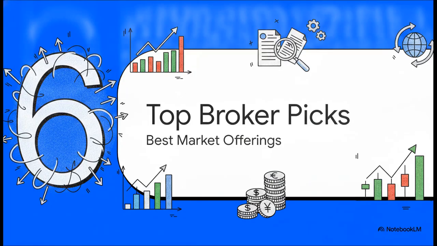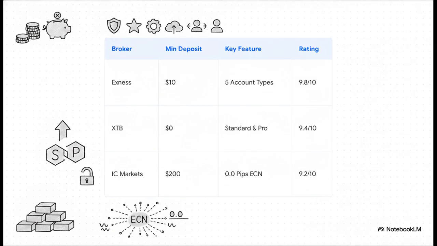Finally, Section 6, Top Broker Recommendations. When neutrally examining the top choices from our source data, it's pretty clear how platforms cater to entirely different budgets and feature preferences. You've got Exness with a super tiny minimum deposit and 5 different account types. Then there's XTB offering standard and pro accounts with a $0 minimum deposit, and IC Markets, which perfectly caters to